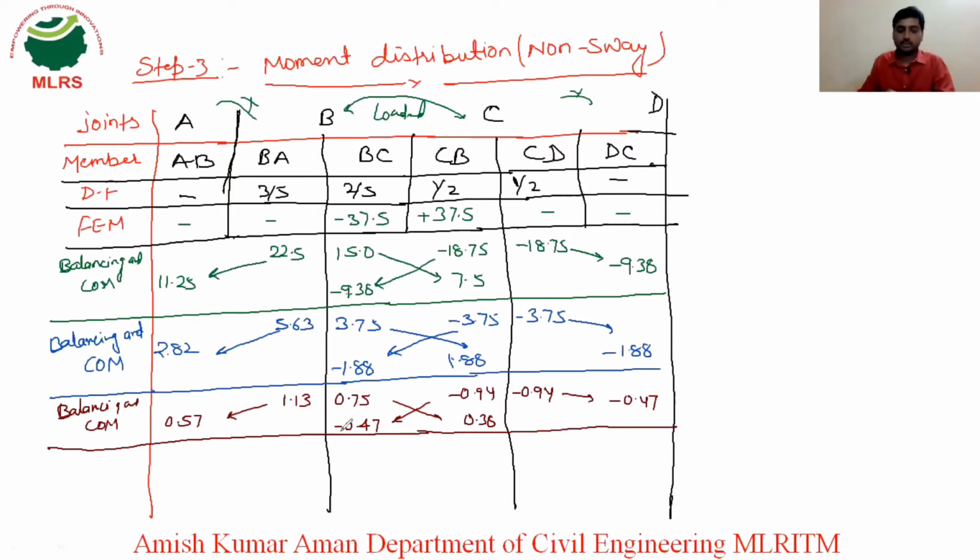Now next step, again you have to distribute minus 0. So it will be 0.28 here, and it will be here plus 0.19. Similarly, if you will do so here, so it will be minus 0.19, here also minus 0.19. Again, half of this will be here, so 0.10 minus, and again 0.28 half will be here, so it will be 0.14. Half of this will be here, so it will be 0.10, and half of this will be here, so minus 0.10. Okay, so again this step is completed.